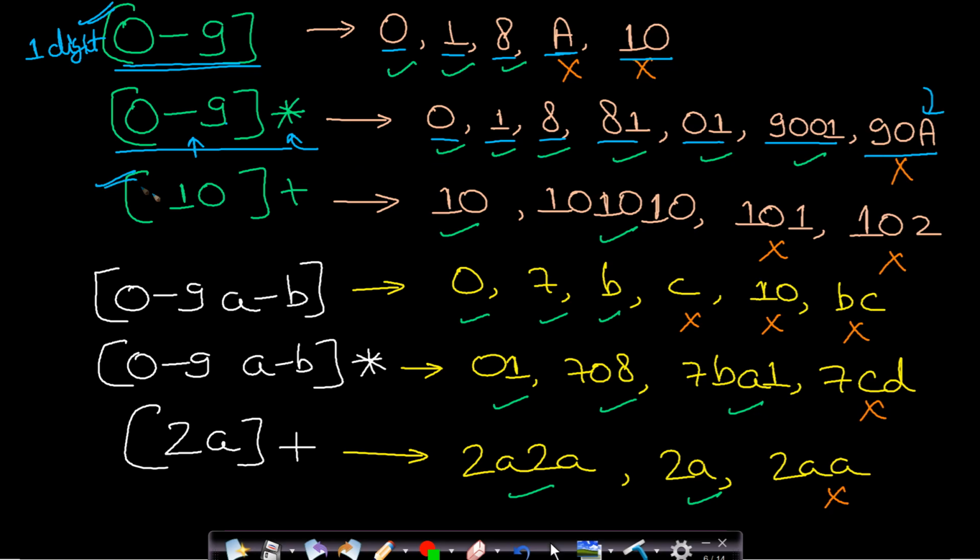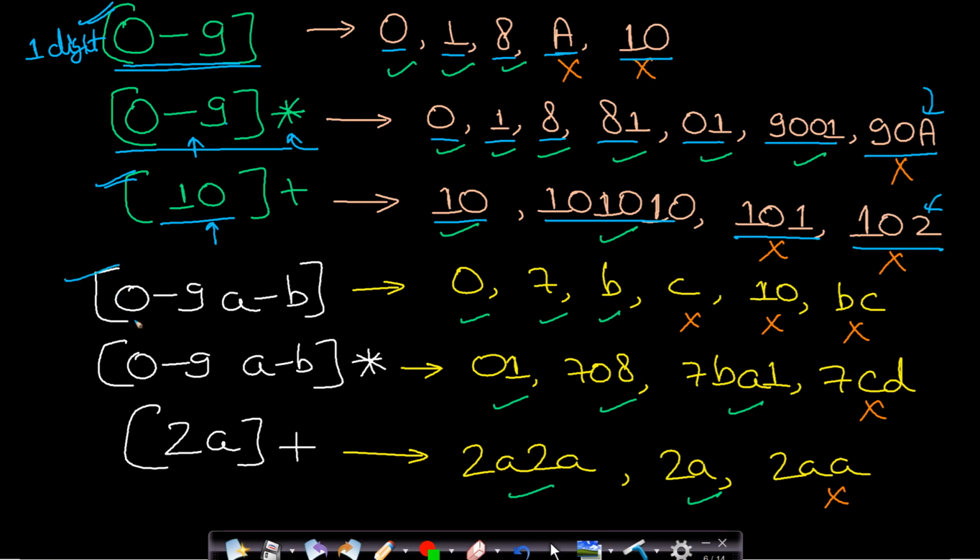Now if you see this 10 plus, then this is indicating that the 10 block can be repeated any number of times, and the number of times it gets repeated must be an integer. So this is repeated 1 time, this is repeated 3 times, but this is being repeated like 1.5 times. So this is invalid. Now this string is invalid because this 2 is out of range, because this is not matching our block, and also this is not an integral multiple of our block size.